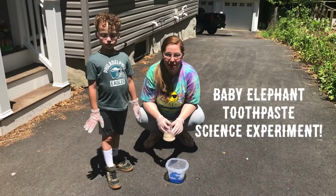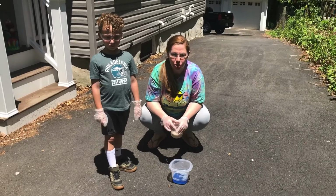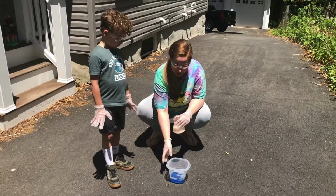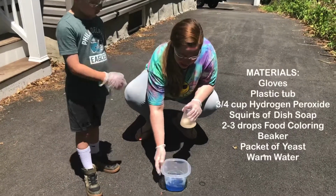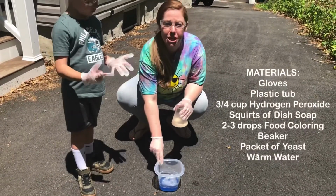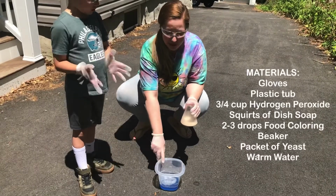Hey friends, we came outside for this science experiment because it can be a little bit messy. It's called elephant toothpaste. So what do we start with? In this container, we have 3 ingredients. We have hydrogen peroxide, we have a little bit of dish soap, and we have some food coloring just to